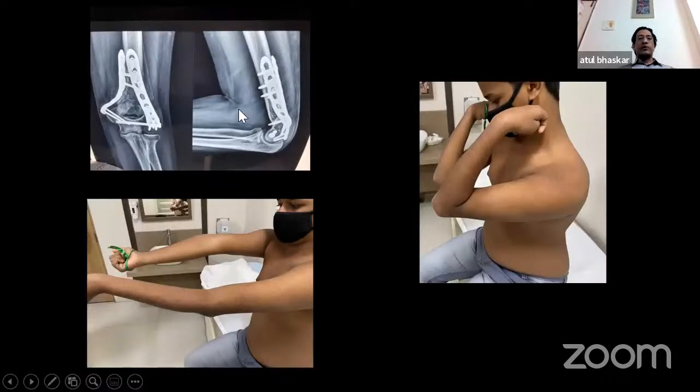So a couple of examples. This was a child who had a TY fracture who underwent surgery, and here he presented with about 30 degrees of loss of extension and 10 degrees loss of flexion. Now, typically in the first few weeks, up to 3 months, they can have this kind of presentation. So any loss of elbow range of motion after 6 months of injury is classified as stiffness. And that 6 months duration is because that is a reasonable time required to recover elbow range. That's why you can only call an elbow stiff 6 months after an elbow injury. You cannot call a stiff elbow when the cast comes out after 3 months, because it takes sufficient time for the elbow to regain motion.